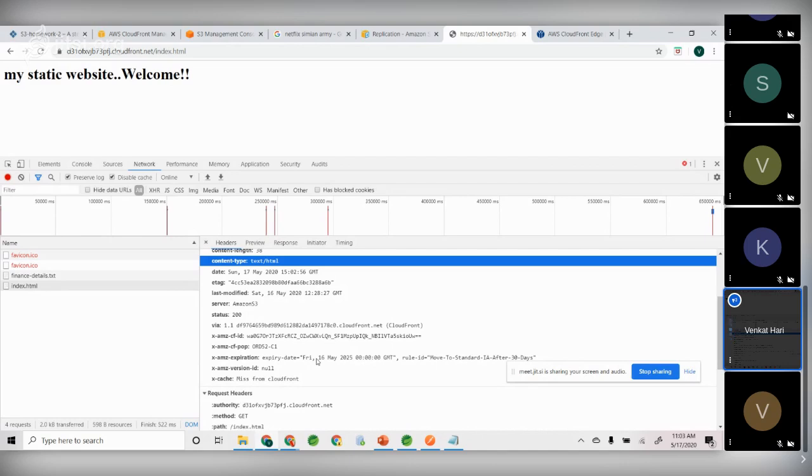You are putting cache servers across the globe. Your users asking for the content will go to the nearest edge locations to get the content. So every time we talk about CDN, Babita,